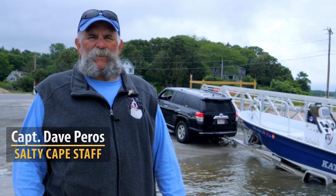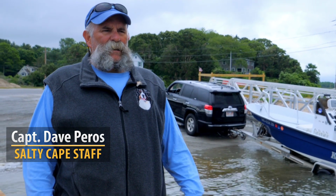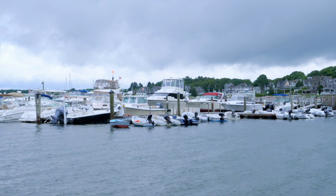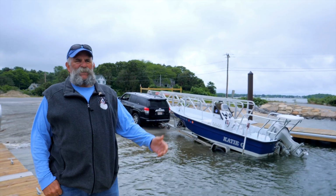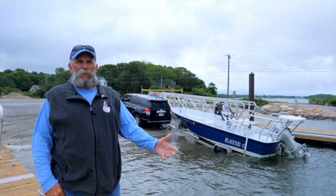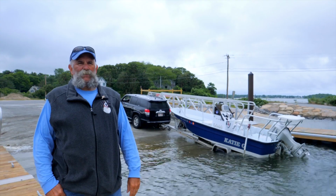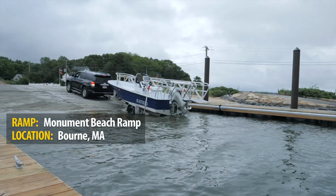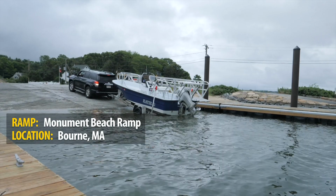We're here in Finney's Harbor, as a lot of folks know it, Monument Beach, with the new boat ramp here in Bourne. Fantastic facility, great access to the west entrance, upper end of Buzzards Bay, right around the corner of Mashpee Island. You've got the canal, you've got the Mashpee Flats, you've got great access to Cleveland Ledge, some of